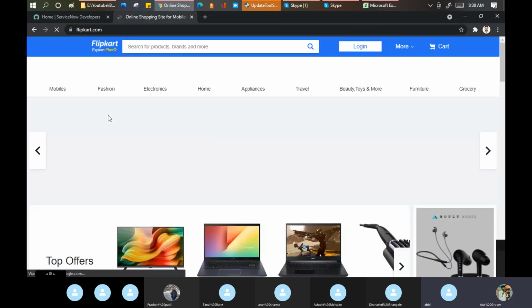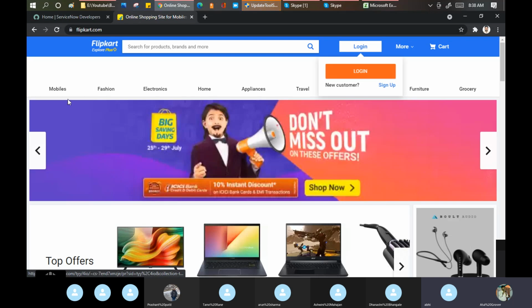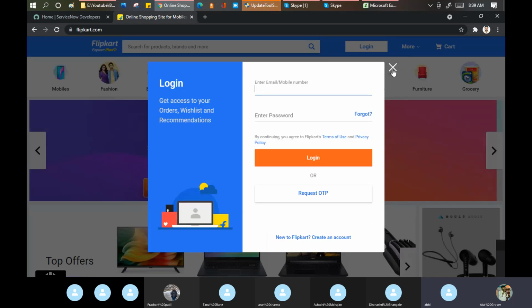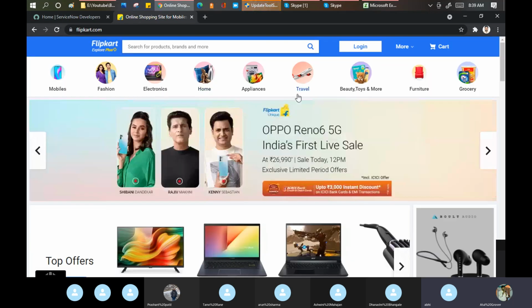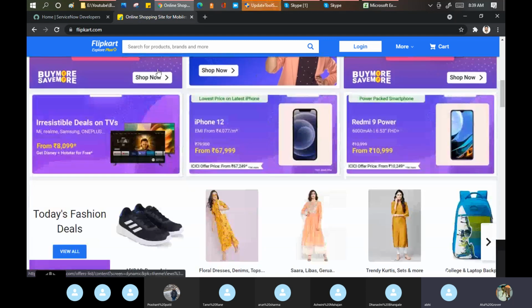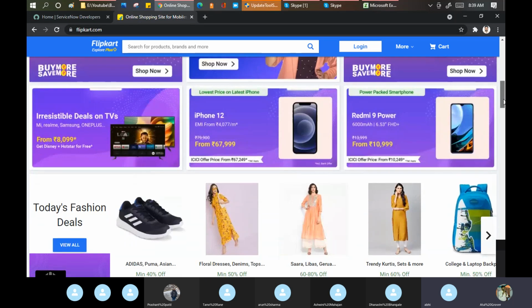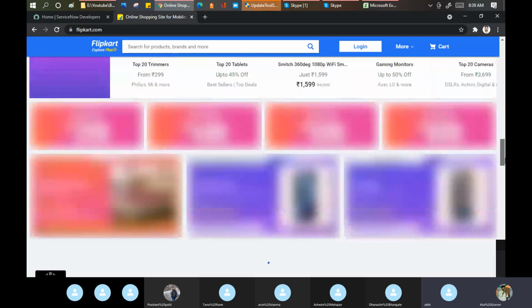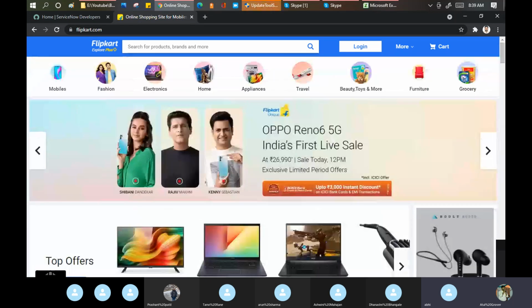I go on the Flipkart website and I can see a lot of things here. Pictures, images, multiple products are available.